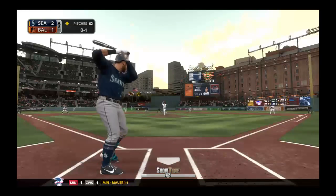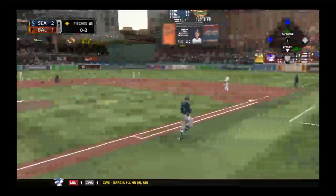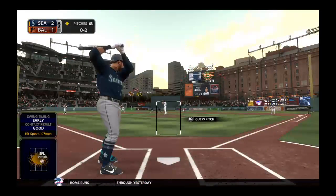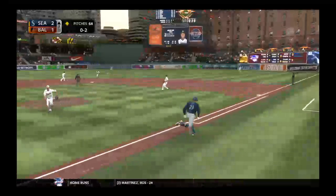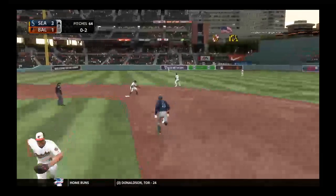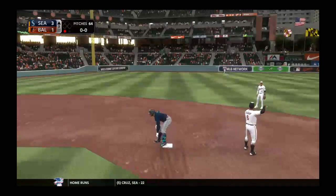Ready with the 0-1. Lined hard and deep down the left field line. And that is a foul ball. Just missing extra bases deep in the corner. Hoping to send him packing. Pitch on its way. Drilled right back up the middle. And that'll get through into center field for a base hit. The throw into second. And he is out trying for 2 bases, but credit him with a single and an